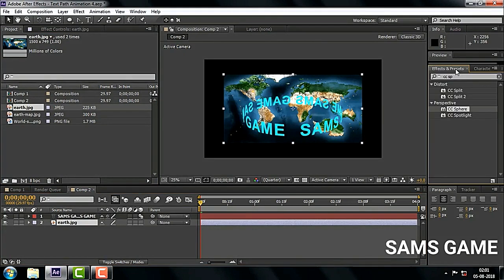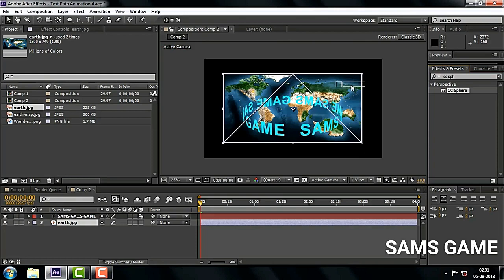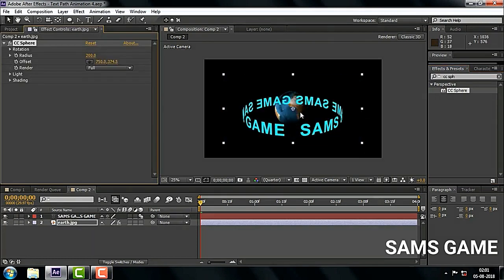Just we have to add some modifier to make it a globe. So go to the effects and presets panel and search for CC Sphere. Okay, so select the CC Sphere and drag it onto your image.